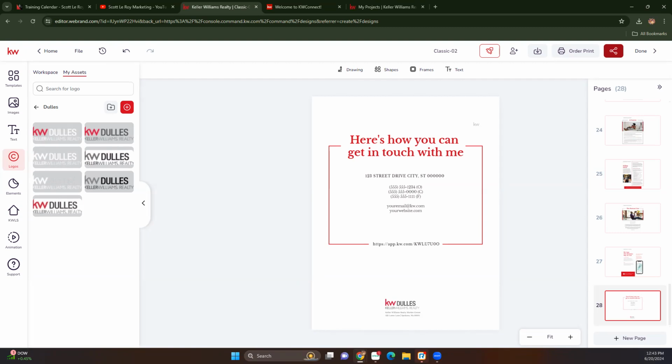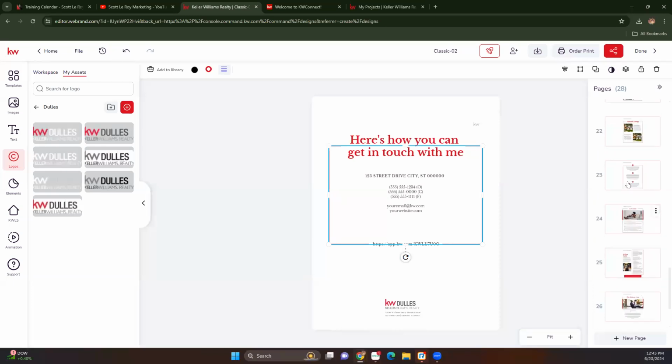So if you do a CMA through your MLS, you can't download it into this. However, you could use the information and plug it into this. Also, if you have a screenshot or an image and you'd like to include that instead,